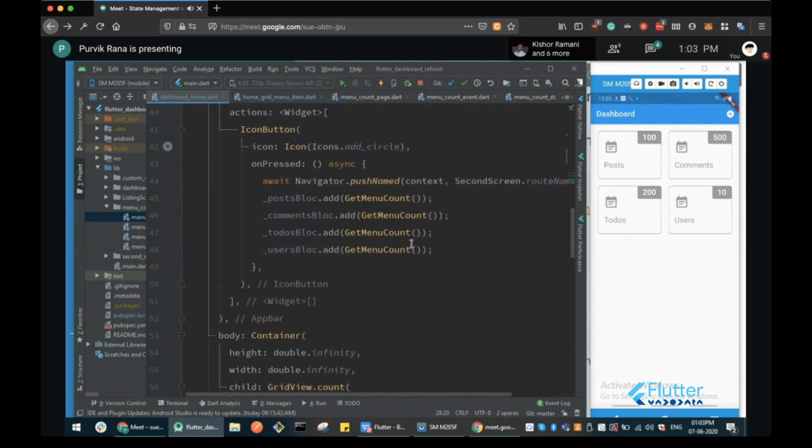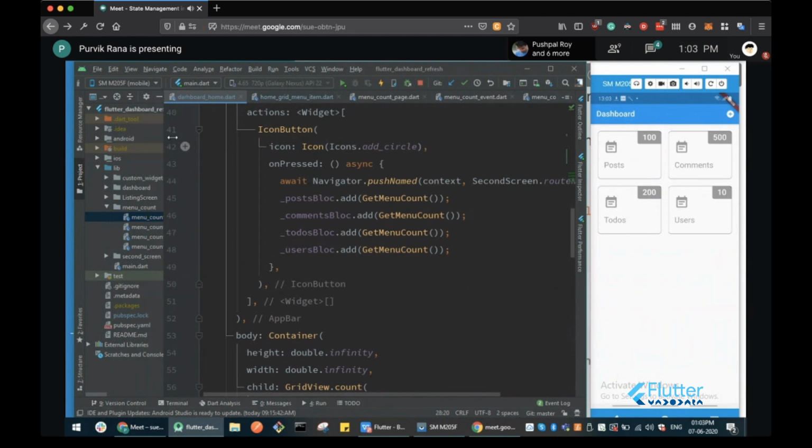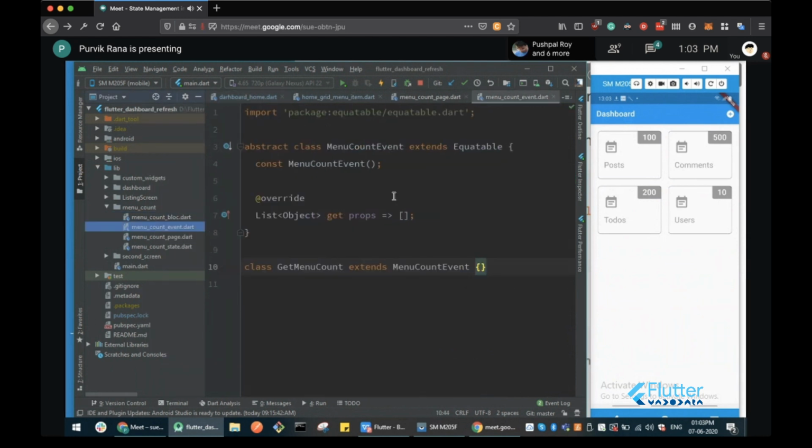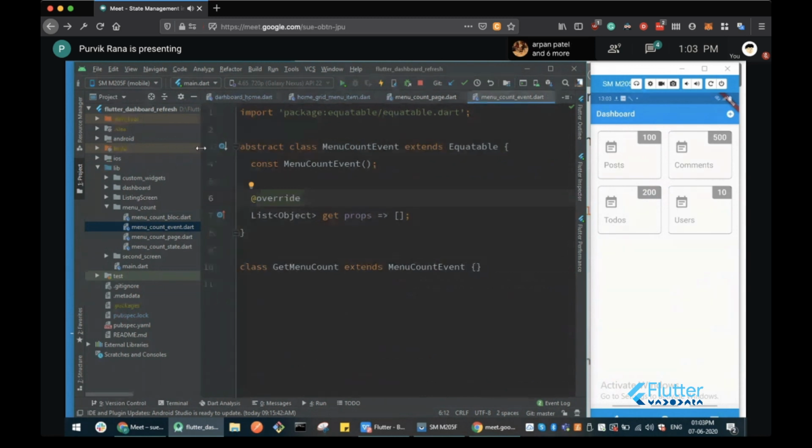So that's how the block works for your Flutter application. The counter demo was the basic demo, and this API demo contains the different state definitions and different event definitions. So for every screen, let's say you have one particular screen, initially you have to display something.